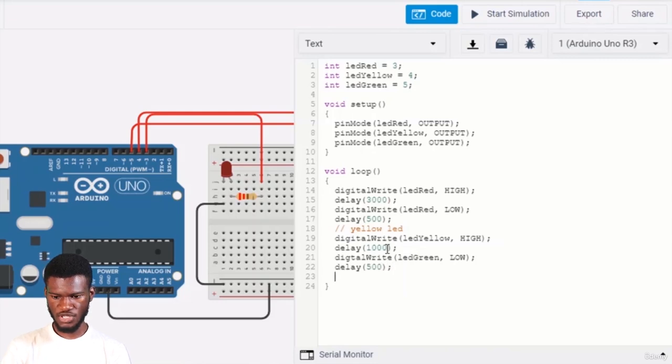Now for the last one, which is the green LED. If you notice what I'm doing, I'm just writing a comment, so it makes my code more readable for anybody to understand. You understand that the first one is red, the second one is the yellow, and the third one is green. So digital